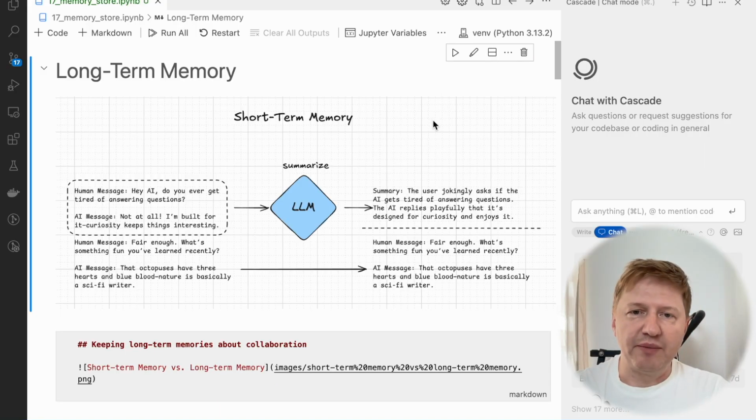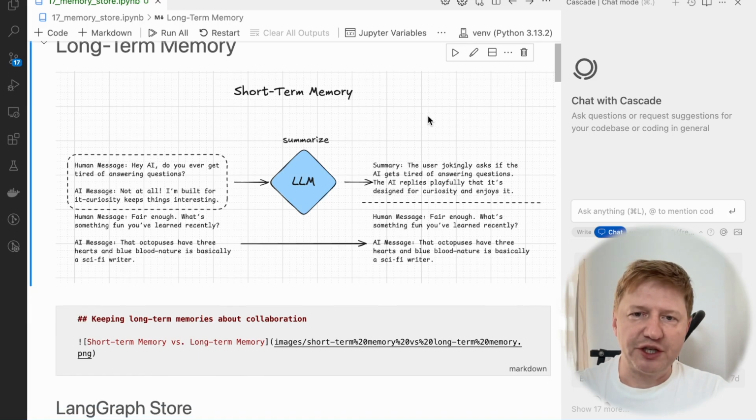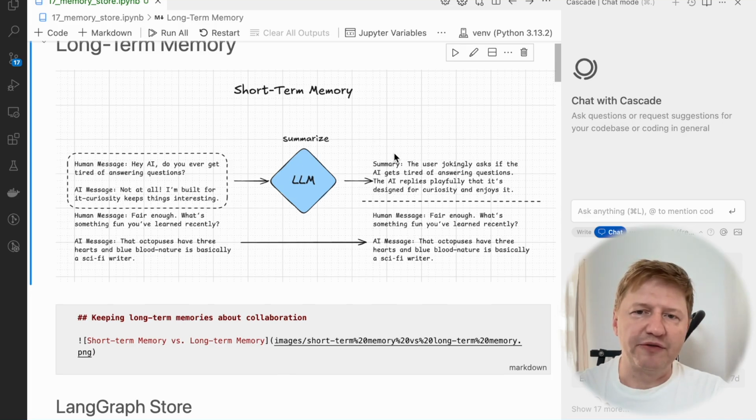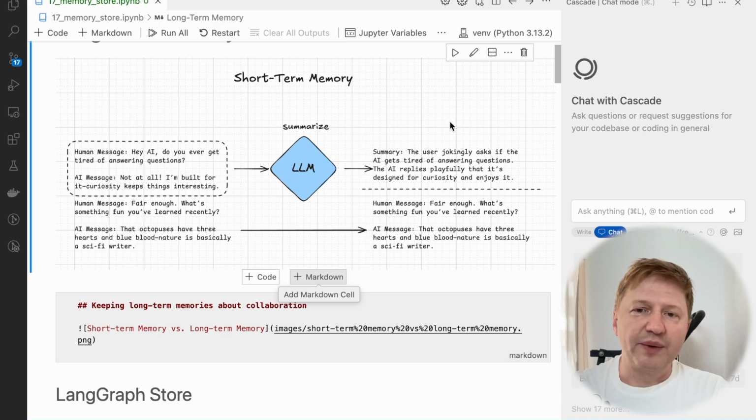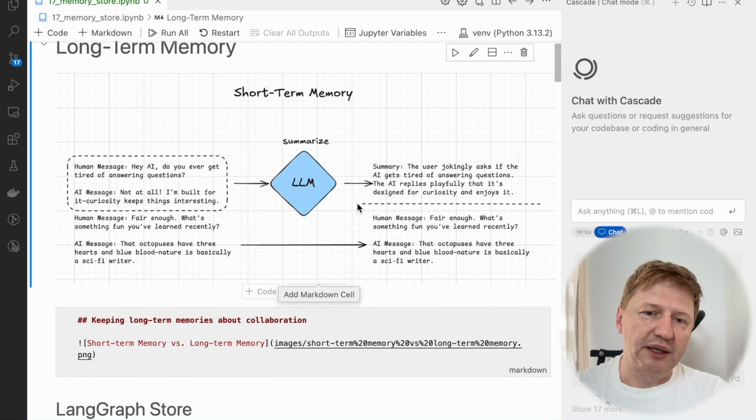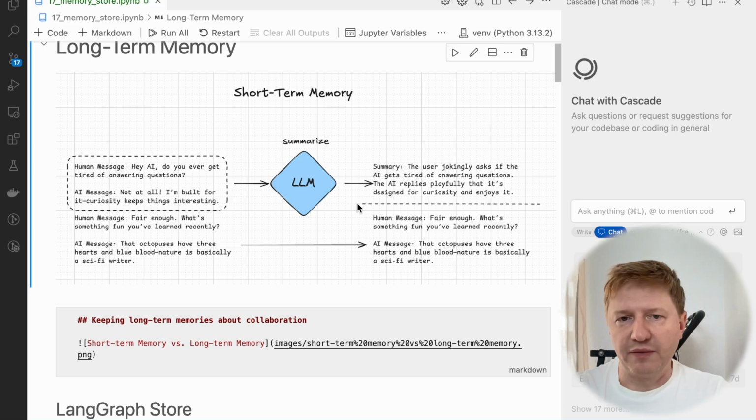We spent already some time on memories, and just to refresh your memory, we were trying different techniques to pack the very long list of messages we had for our chatbot. One technique was summarization. So we can grab the whole bigger discussion, summarize it in a couple of paragraphs, and keep the conversation going, keeping our chatbot aware of the previous conversations. But this all was happening in the scope of a single thread. So this was part of so-called short-term memory. So when we are in the conversation, we can refer to the previous facts.